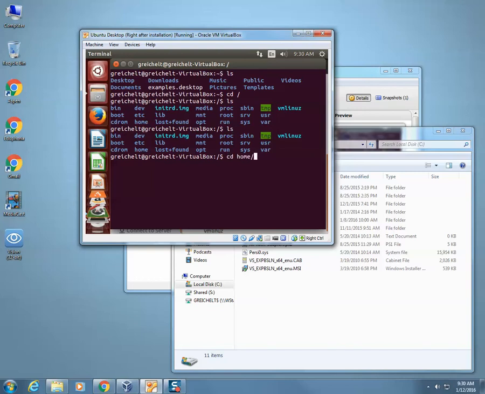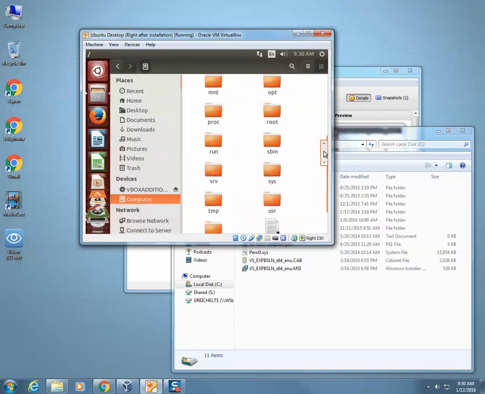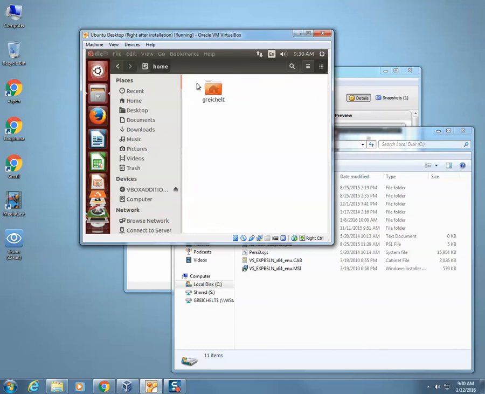And now I can just type in H, and then I hit the tab key, and it automatically fills. And it automatically fills because there's only one directory here that begins with the letter H. So when I type in H and then tab, Linux automatically just autofills for me. I'm going to hit enter, and now when I type in ls, I see there's a folder called greichelt. Let's see what that looks like. So what I basically did, that was the equivalent of me double-clicking on home and then seeing right here, greichelt right there,